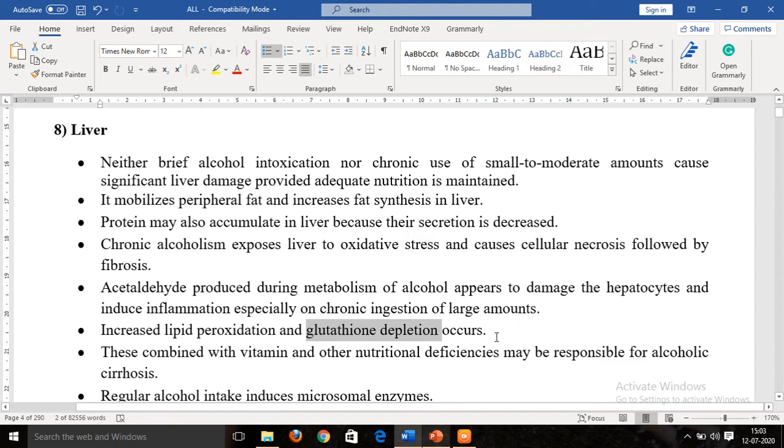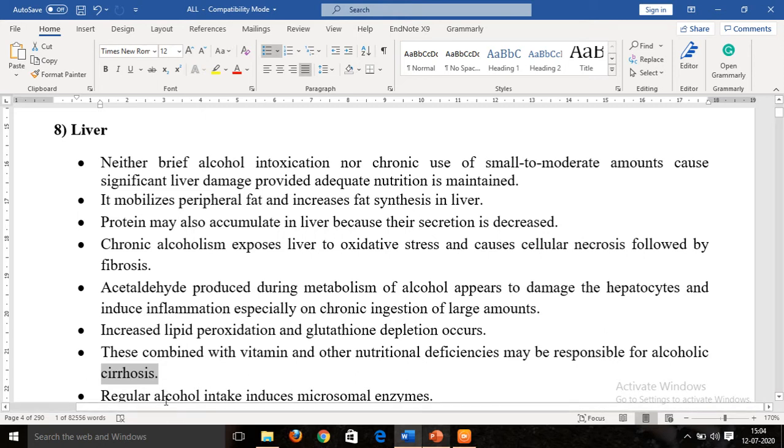Now, taken together, all these metabolic changes combined with the nutritional deficiencies are actually responsible for the development of alcoholic cirrhosis. That is, oxidative stress and metabolic processes will be increased. Okay, so accumulation of certain intermediates may take place, and glutathione depletion. So all these conditions will start damaging the cells of the liver, and altogether if the person fails to maintain nutrition, if malnutrition takes place, then the condition will be worsened and it may ultimately result in cirrhosis. And slowly this particular condition, that is cirrhosis, may also progress into liver cancer. Okay, and ultimately the person may even die. Apart from this,